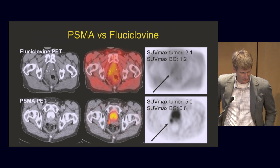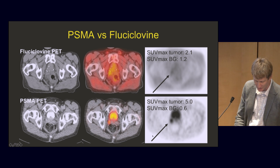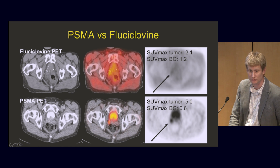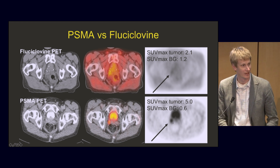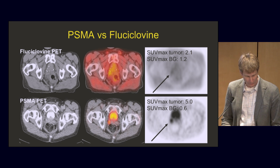Now, I do want to take a second to talk about PSMA versus fluciclovine. So here's an example in the same patient being imaged within a week of each other. You can see there's a little bit of abnormal uptake in the top row here on the fluciclovine. There's a little bit of blackness. But if you look on the PSMA PET, there's much more uptake in that region. It's much more easy to interpret that that's actually recurrent disease, in this case in the seminal vesicle after radiation